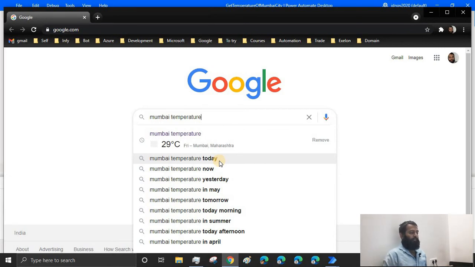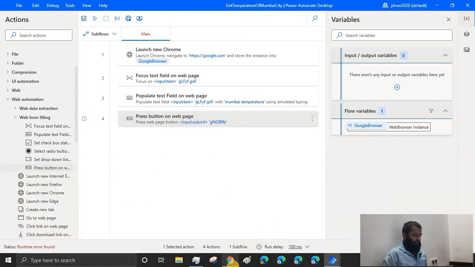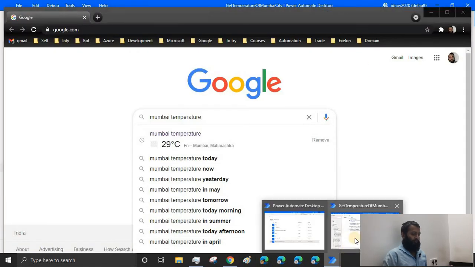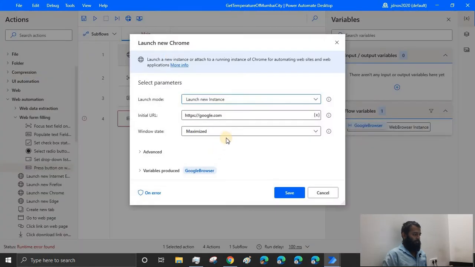So how do we tackle that? I guess in the flow it has given us the error, button press failed. Just remove this. Even this has not become a maximized window. Let's quickly go to Launch browser. I'm not sure what the issue is, but it should be maximized.